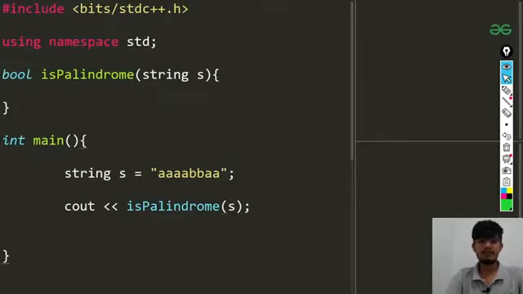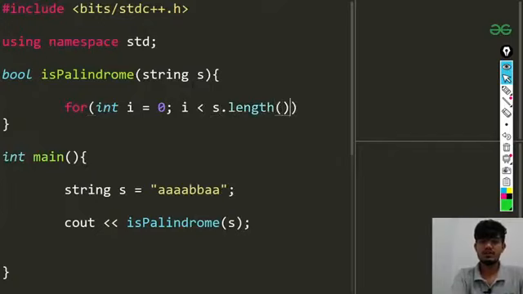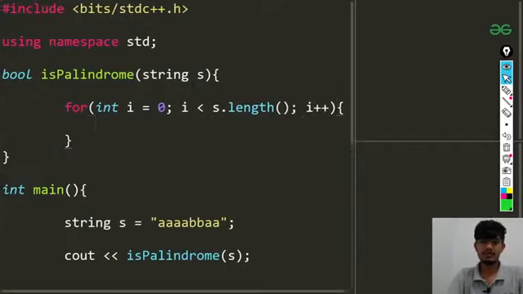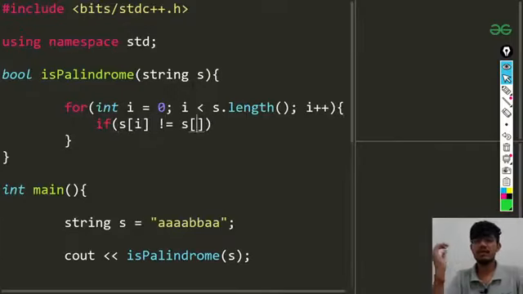Okay, and from here there are two ways. In the last session, what we did is something like this. We started our iteration, that is from 1, and we'll be going to s.length, then I'll just be doing i++, and I'll be checking if our s[i] is not equal to s of, what will be the last